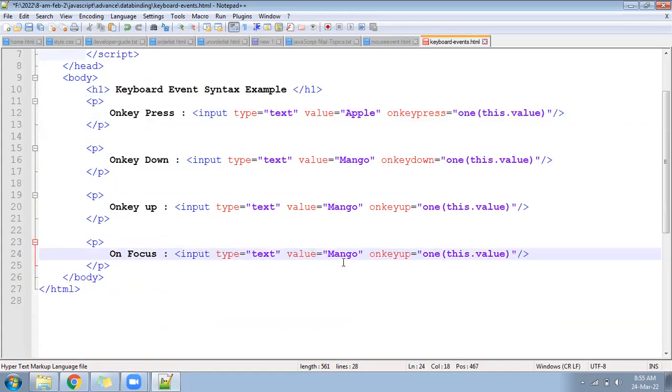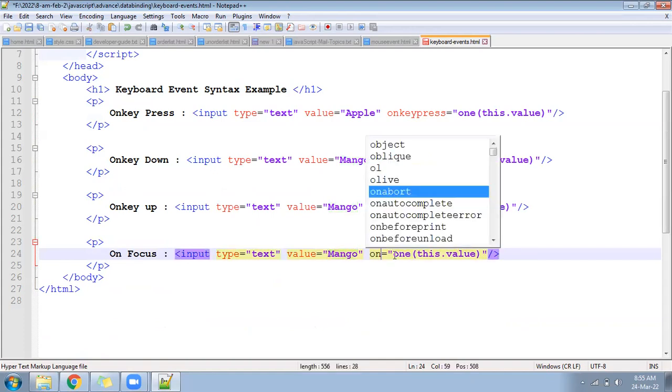On focus, change the event here, change the event to on focus. After that,